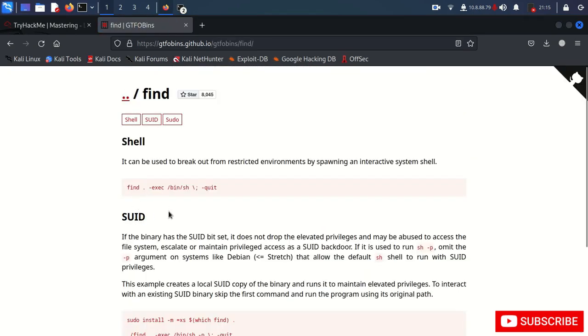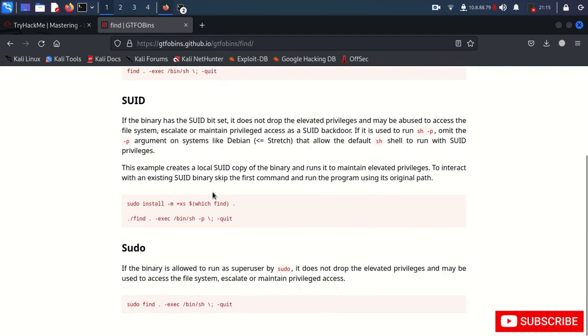And you can see there are different types of commands available. If you want to just get a normal shell using find, then you can use this command. But we are looking for a root shell, so just skip this. Next, the command is available for SUID, so we will see what SUID is in a different section. And at the bottom you can see sudo, and this is what we are looking for. So just copy this command